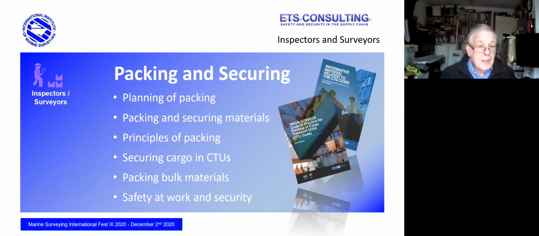And understanding the forces that are involved in transporting cargo around the world. As an example, a container ship moving from the north coast of Europe to the east coast of America will roll approximately 186,000 times. And every single one of those rolls will be loosening the lashing and securing.